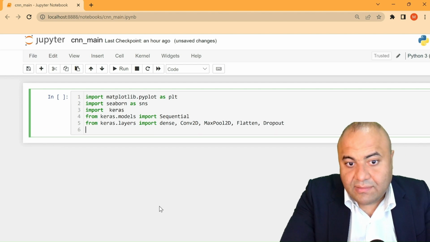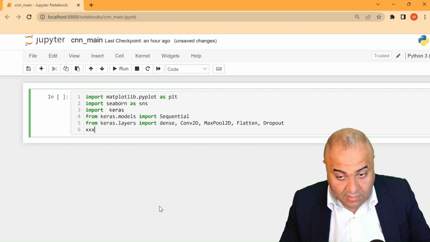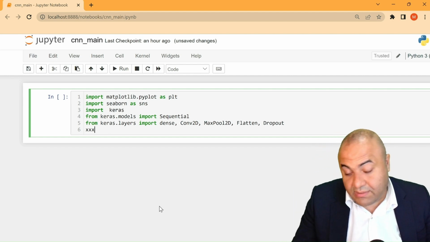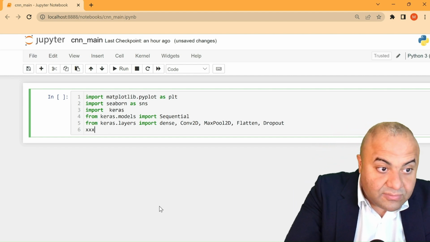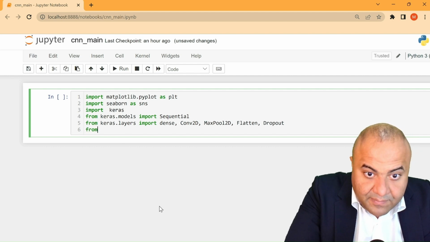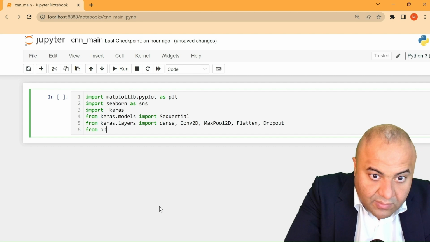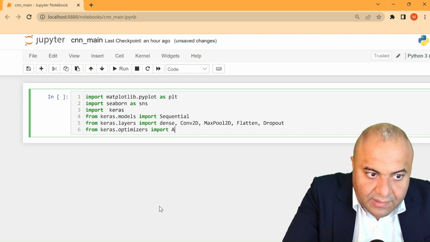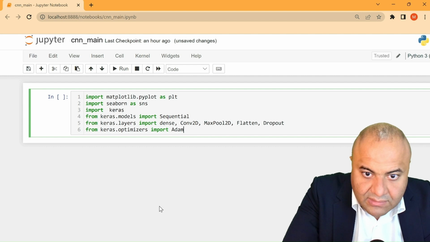So these are basically the methods we talked about in the previous class. We just import them, and then from keras.optimizers we import the Adam optimizer, which is